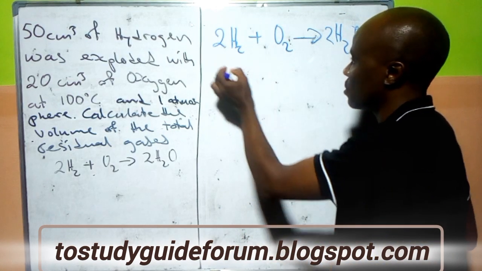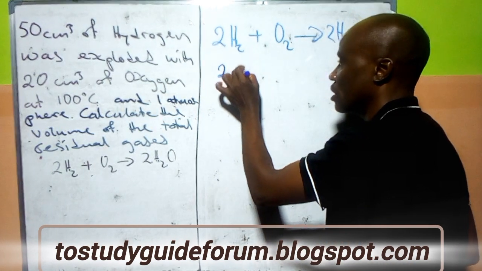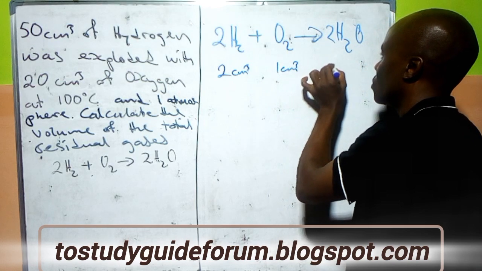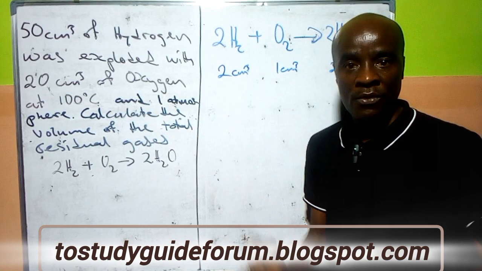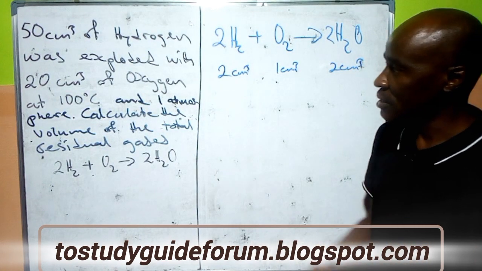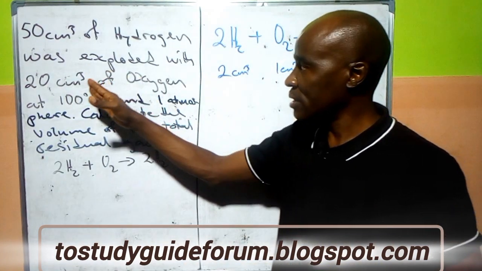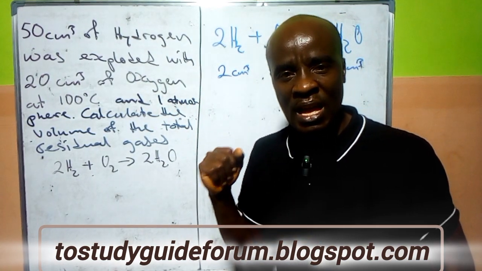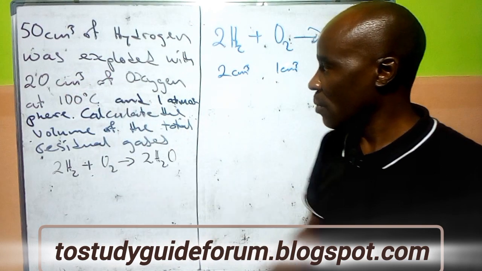That is why in this reaction, based on the ratio, the ratio of their volumes is 2 cm³, 1 cm³, and then 2 cm³ of steam. So if it is going to give us 2 cm³ of steam, the first thing you need to know here is the one that is reacting in excess, and the one that is not enough, the limiting reagent. If you look at this very well, we find out that